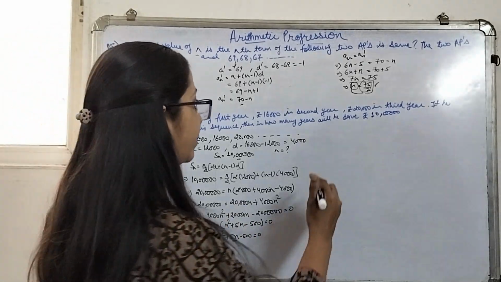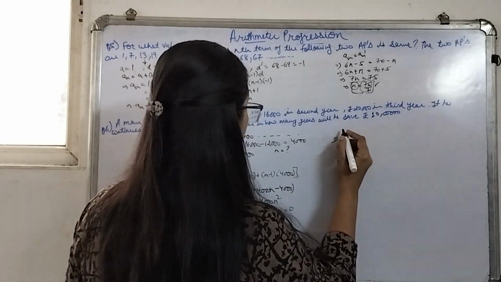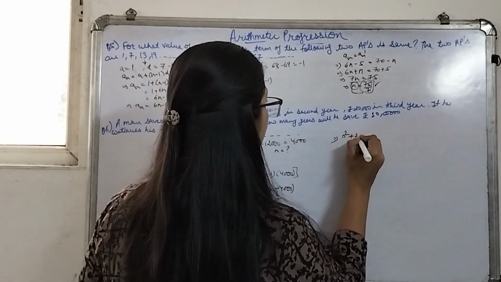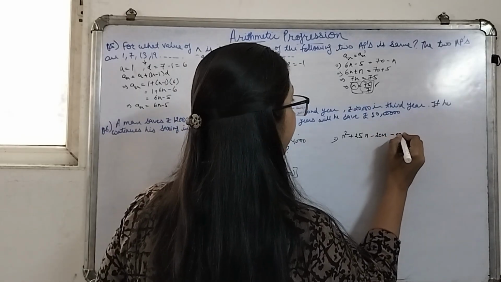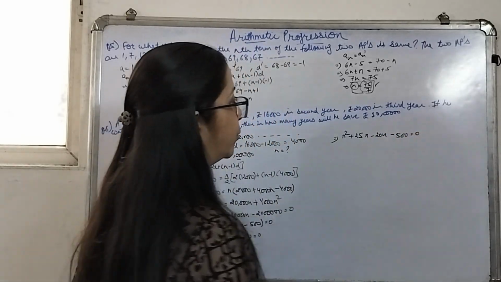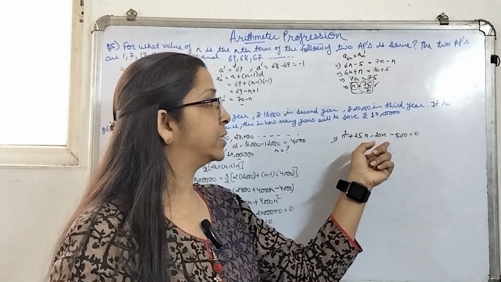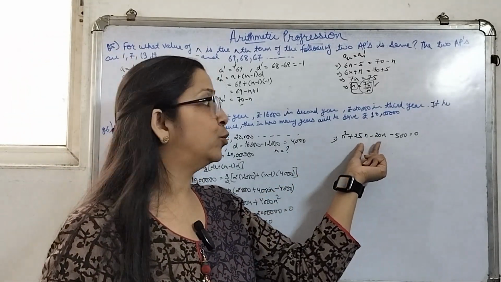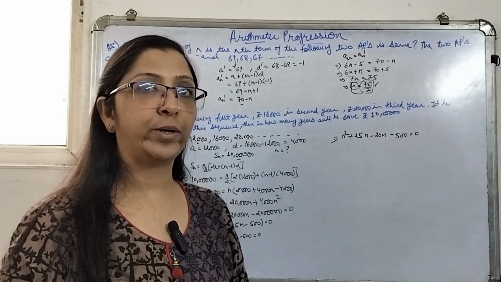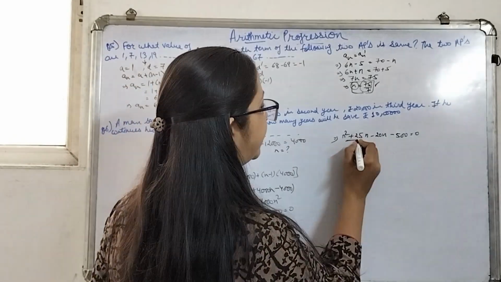So what will the terms be? 5n could be written as plus 25n minus 20n minus 500, equivalent to 0. See, 25n minus 20n will be your 5n. And if we multiply these two, it will be minus 500 n square. So from the first two terms, we will be taking common